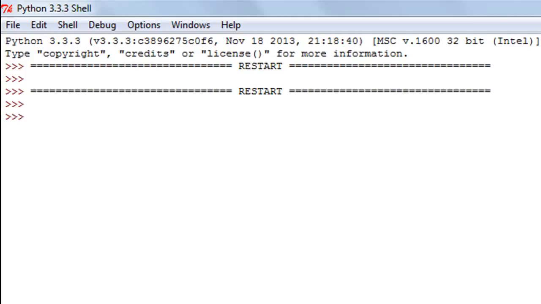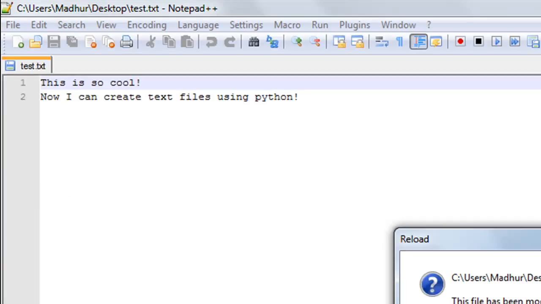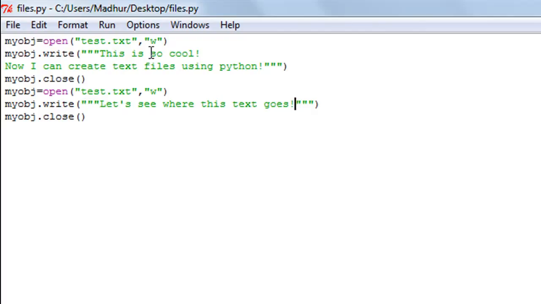I'll execute the file, and I'll go to my desktop and open the test file again, and you want to reload it, of course. I just see the new text. I just see, let's see where this text goes. I don't see the older text, and that's because the new text has replaced the other text. So this text has been overwritten, and if you want to avoid this, all you'll have to do is